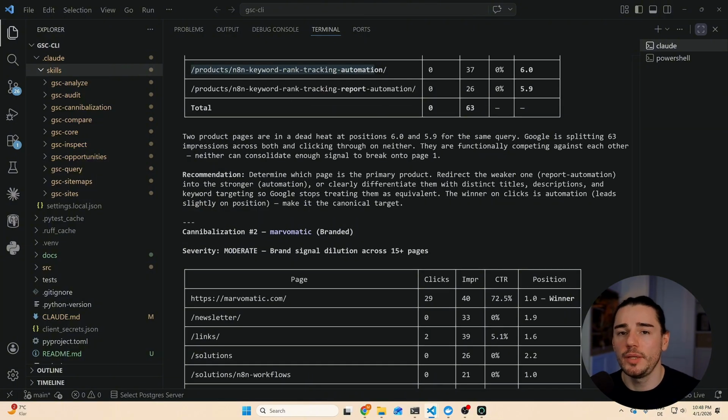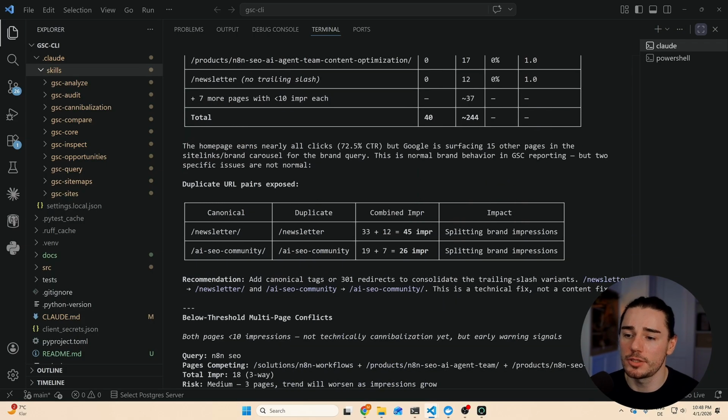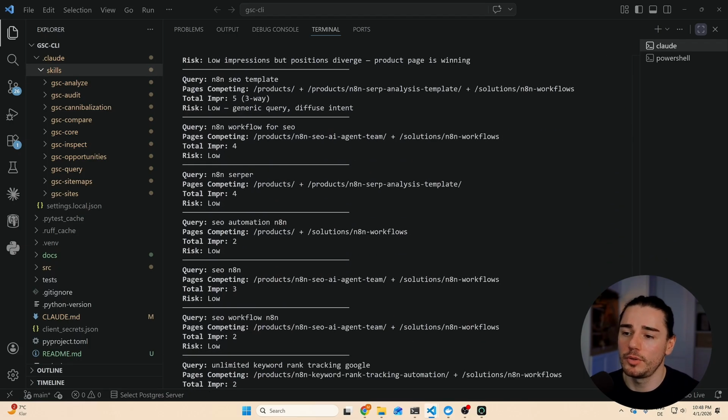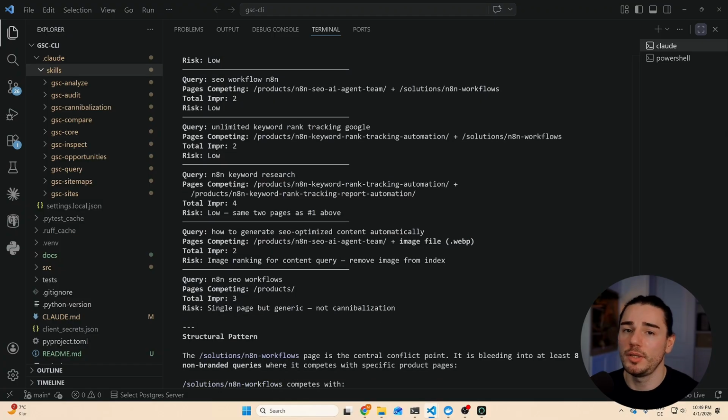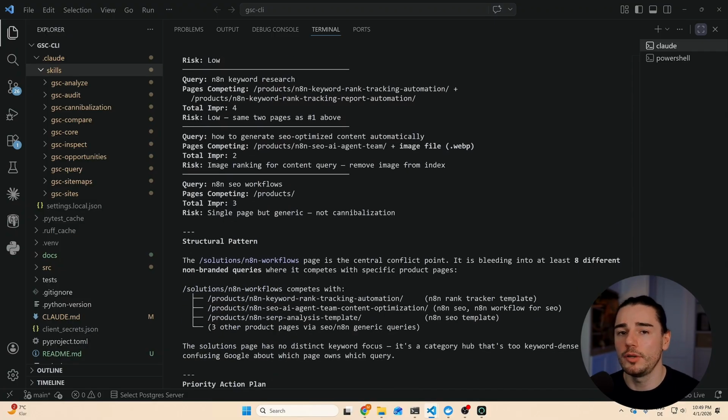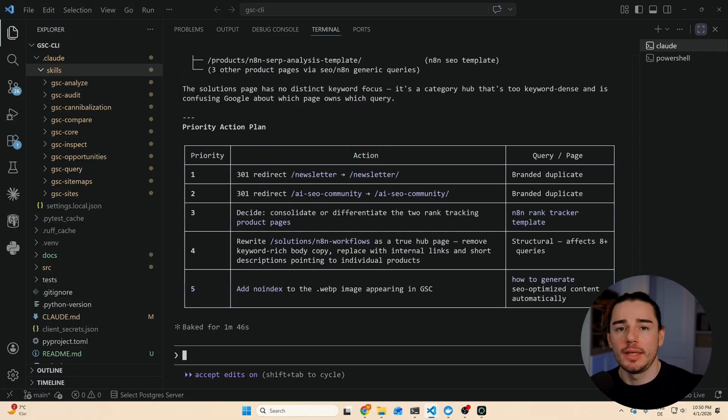And another thing I really like is that we don't only get data, but also an interpretation of the data, including recommendations. And as you can see, it's really comprehensive. And figuring out all these issues manually is definitely really time consuming, and even more if you have to do it for multiple websites. And that's it already regarding the CLI for the Google Search Console API and also for the Claude Code